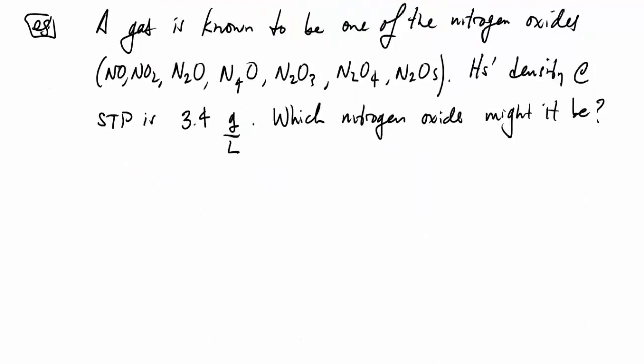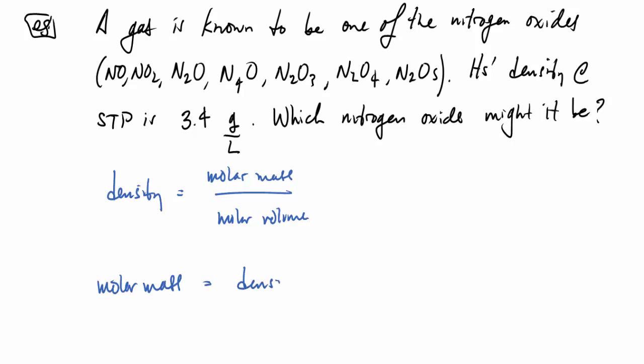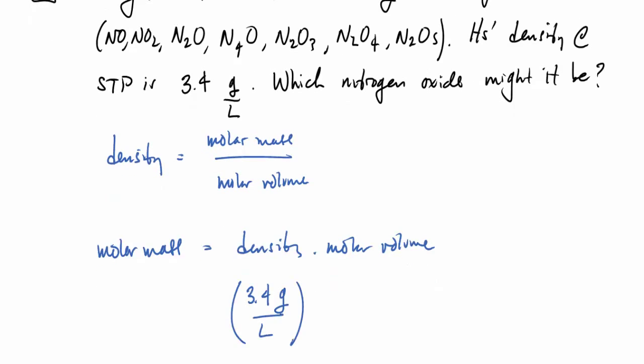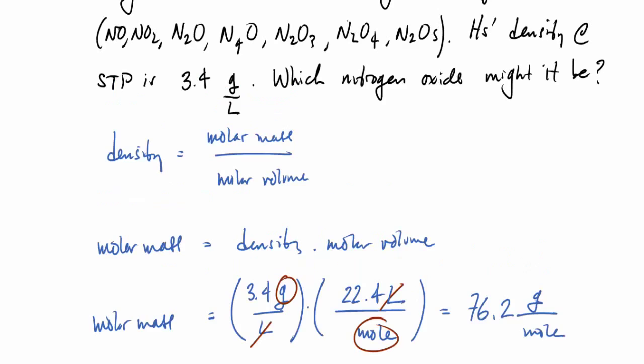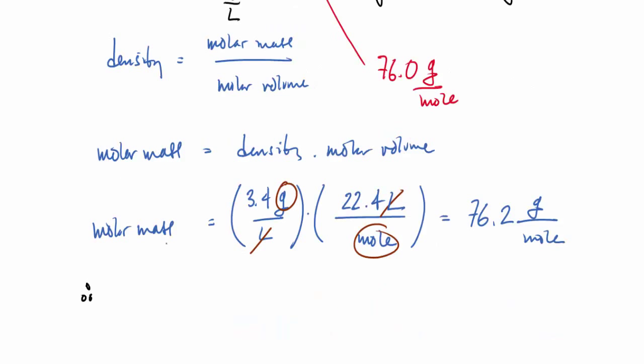Okay, let's try another example. We have a gas known to be one of these nitrogen oxides, and we have its density as 3.4 grams per liter. So which oxide is it? So we'll just rearrange our expression here: the density is molar mass per volume, so molar mass equals density times volume, and then just go ahead with our values. And notice, by the way, if you watch the liters, they will cancel, and we get grams per mole. So we'll be working out the molar mass now, and the molar mass of this is 76.2 grams per mole. If you look at the list of nitrogen oxides, the dinitrogen trioxide had a mass of 76 grams per mole,